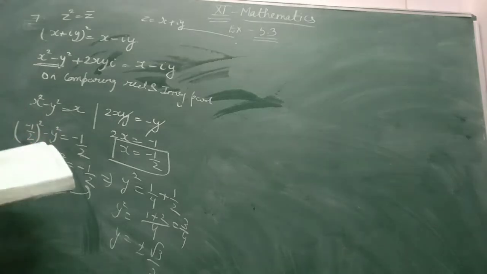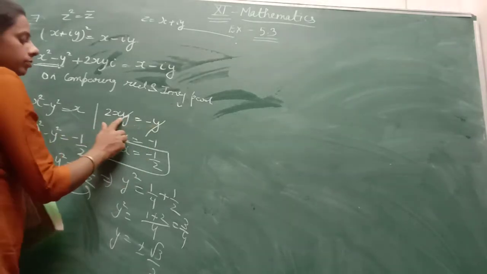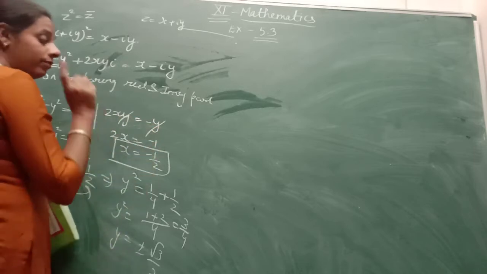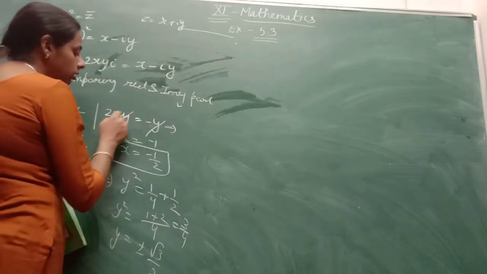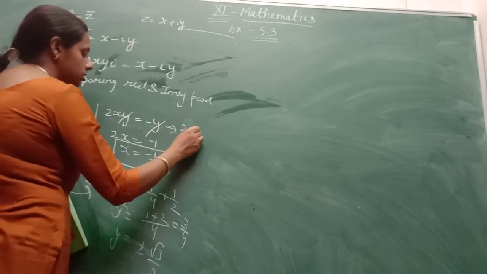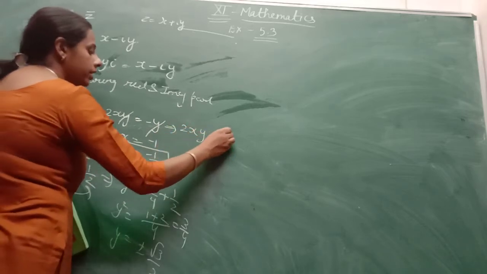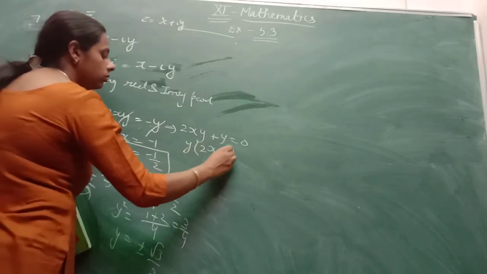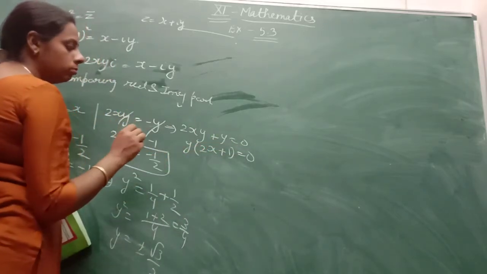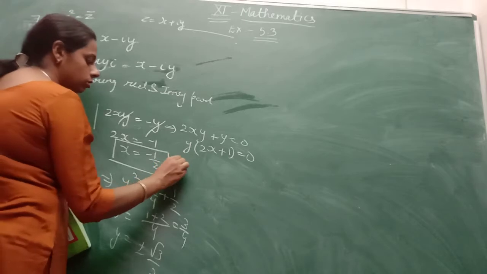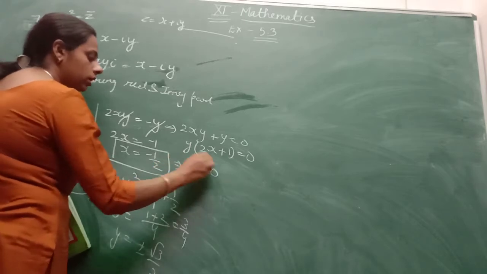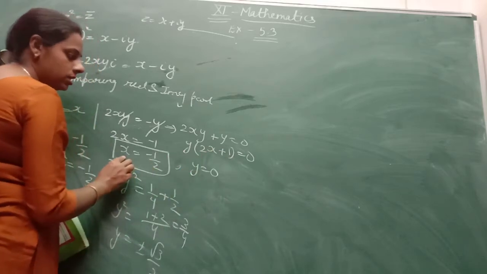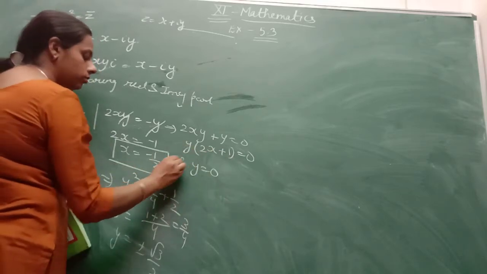Even you can't cancel it. Since if you cancel the y, it means you lost one value of y. Instead of cancelling it, you can write it as it is. Okay, y plus y equal to 0, but taking y common, 2x plus 1 equal to 0. So there is one more possibility there: either y is equal to 0, or this is equal to 0, so you will get the value of x as this. If this equals 0, you will have the value of this.